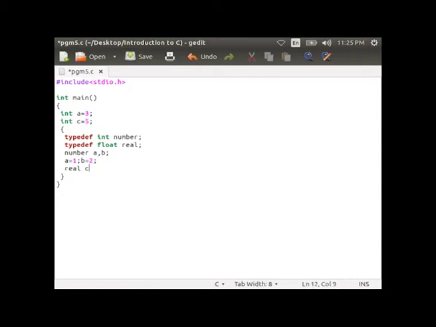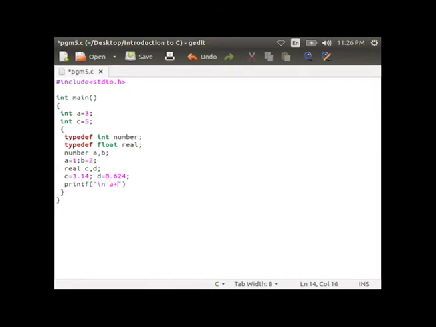Then again you are declaring the variables c and d as real data type as you defined by typedef definition. Then c equal to 3.14, d equal to 0.624.